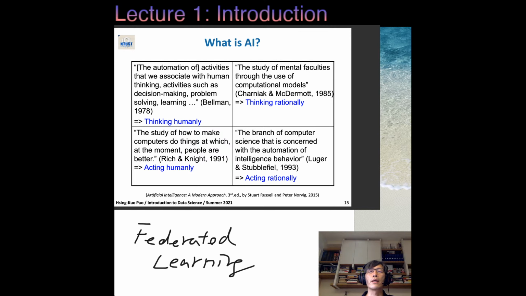right? But this is not clear cut. Such as if we want to use data, we want to collect some data to analyze human behavior. Like let's say we want to analyze how many people go to convenience stores. These days, if you come to Taiwan, probably you see a lot of convenience stores everywhere, right? So you can get a lot of things from a convenience store. So maybe we want to analyze how many people, what kind of transactions, and how much profit they can earn for each convenience store, right?